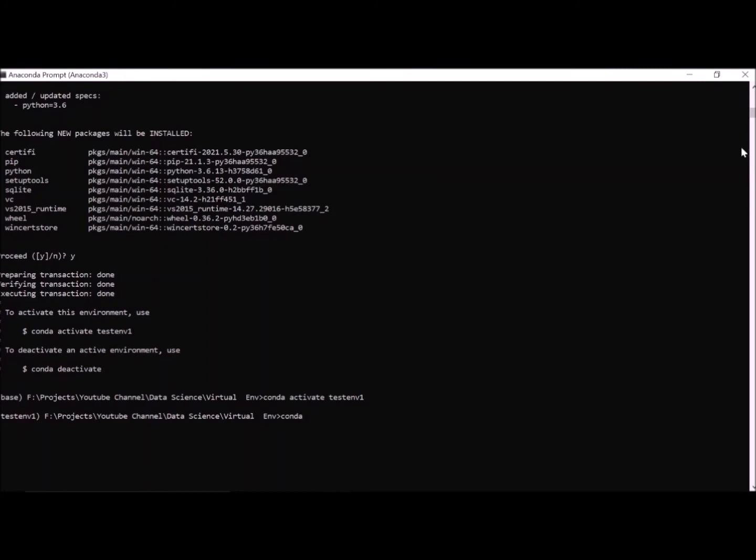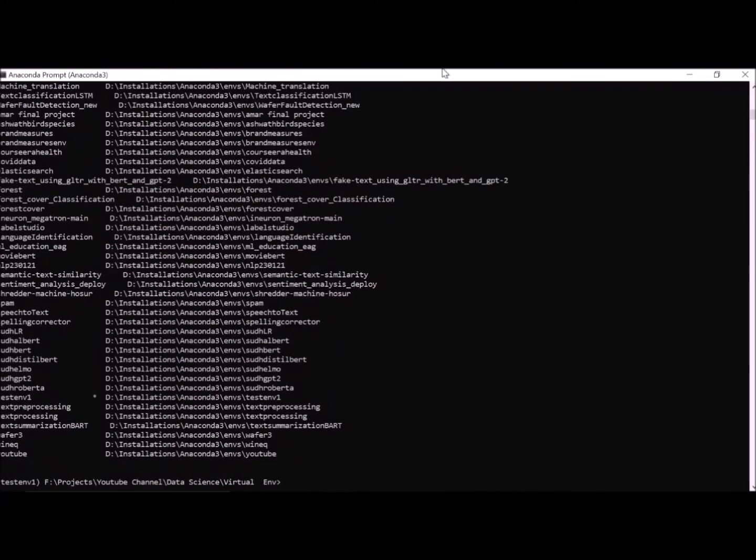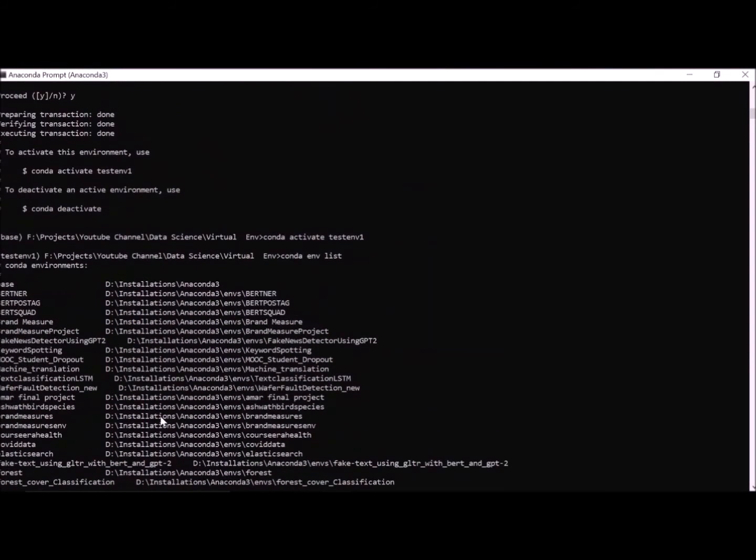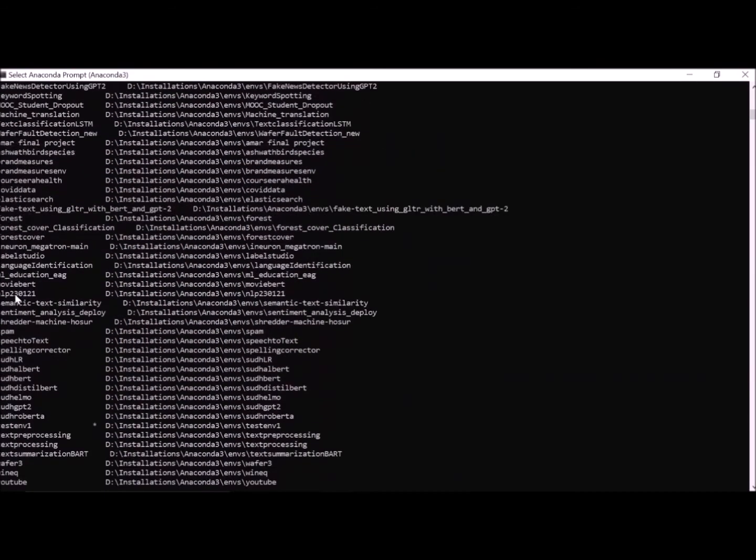Conda, you can check like I have checked earlier, list. It will show you all dependencies installed with their versions. Sorry, this one actually I have shown you. This is not for dependencies. This is the environments list. So how many virtual environments I have? It is showing here.